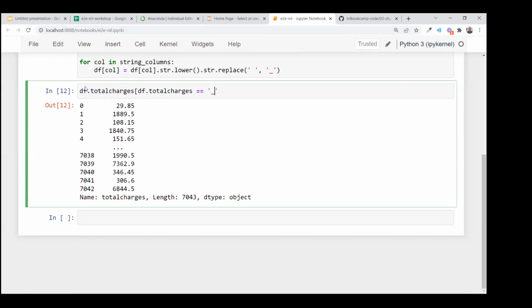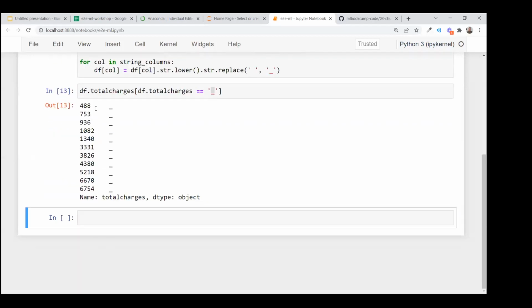Right now I'm using the filtering operator, so I want to show all the records that are equal to this. You see we have a bunch of records for which we do not know total charges. Here we have a placeholder, which is an underscore. And pandas thinks, okay, this is not a number, I'll just treat the whole column as a string.